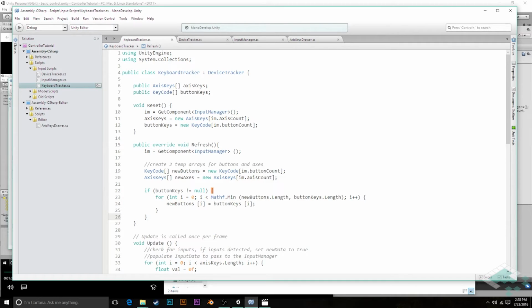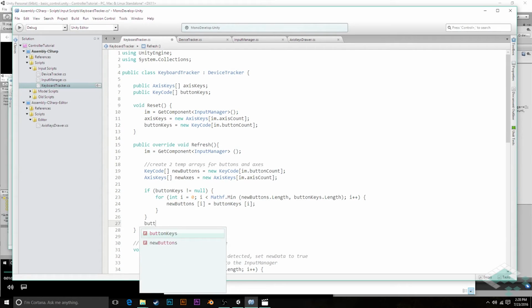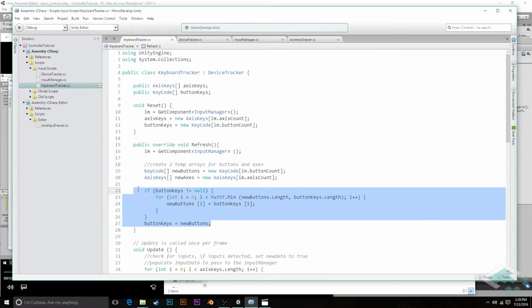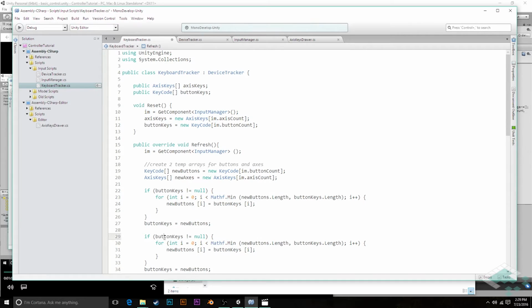And once we've gone through all of those, now we know that our new buttons array has all the old information it needs. Now we can finally replace it, and we can say button keys equals new buttons. I'm just going to copy all of this for our axes because it's actually going to work the exact same way. It's just going to be, instead, we're going to say if